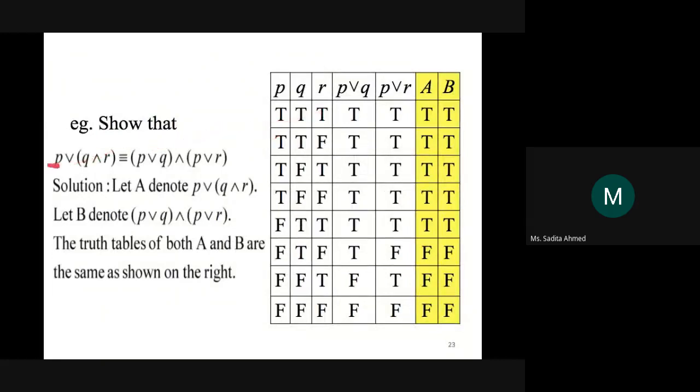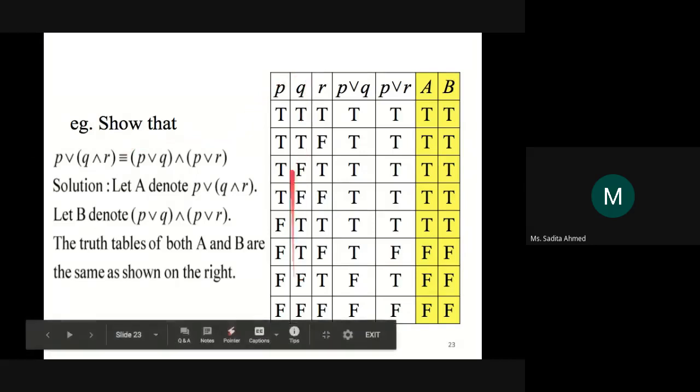So here we are asked to show that these two statements are equivalent to each other. Here in both these statements, you'll see that we have 3 variables. So that should tell you that you can have more than 2 variables. You can have, in fact, more than 3 variables. You can have any number of variables in these statements. All right. So we have 3 variables here, so we will have 2 to the power of 3, 8 possible combinations here. And as you can see here,